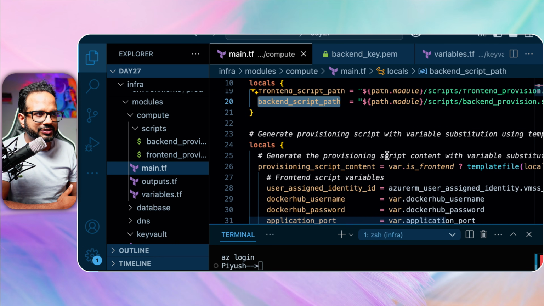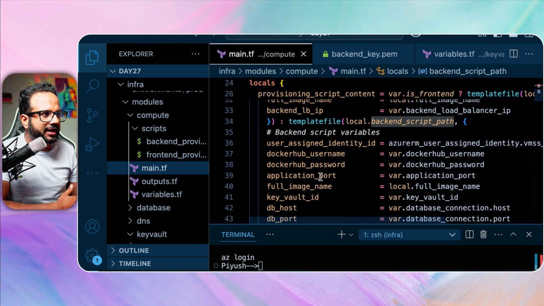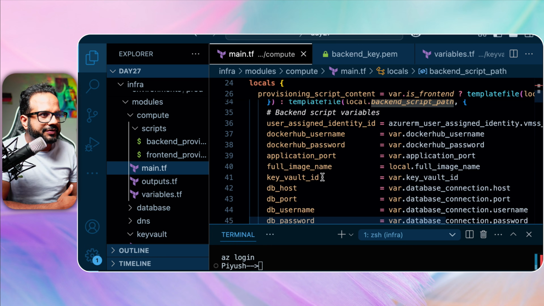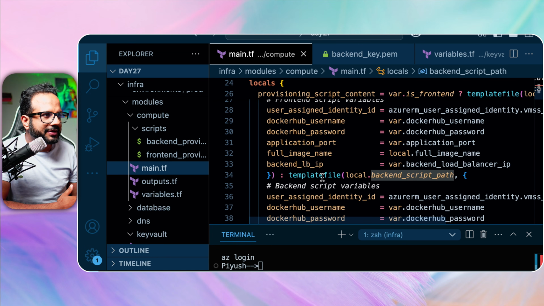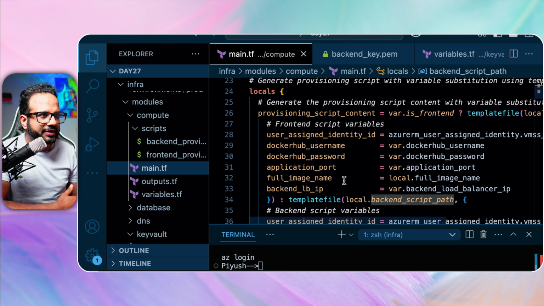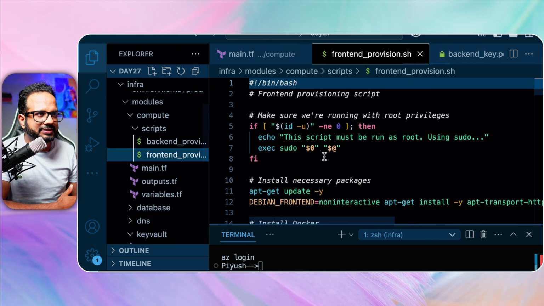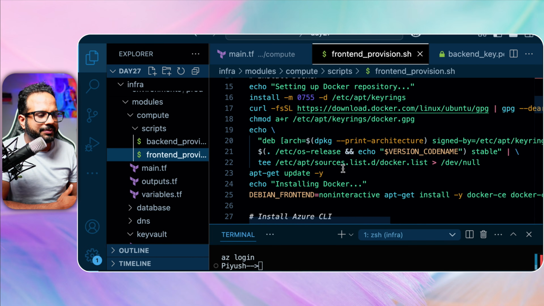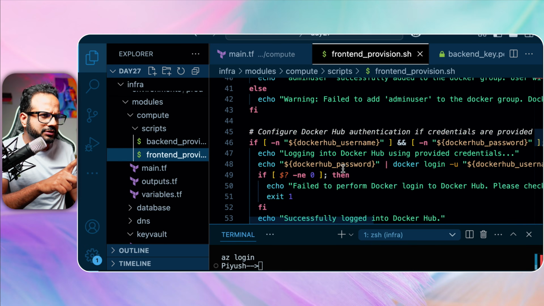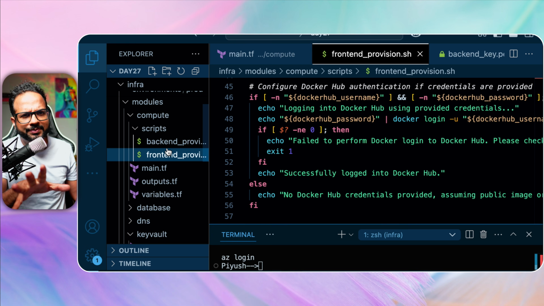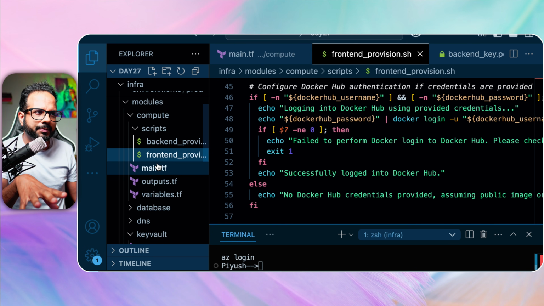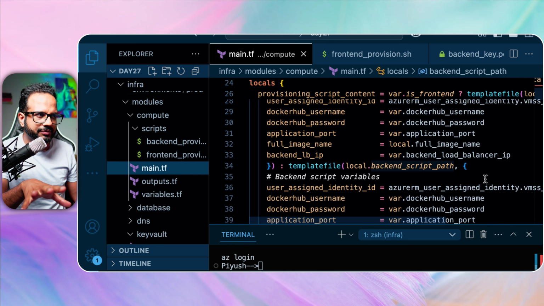These are two shell scripts that I have created, and if you check, it is passing that script over here with some variables. I think I have already shown this script, but this script will be called from the compute module, and the variables will be passed